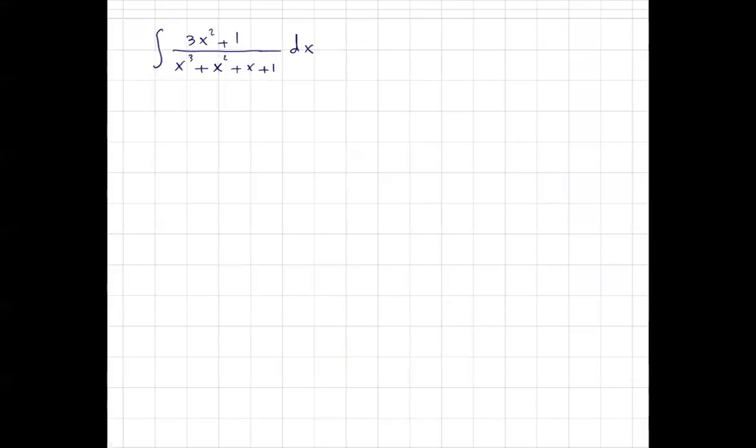So we have the integral of (3x squared plus 1) divided by (x cubed plus x squared plus x plus 1), and we are taking the integral with respect to x. So let's see what we have here. First of all, if you apply the method of partial fractions,